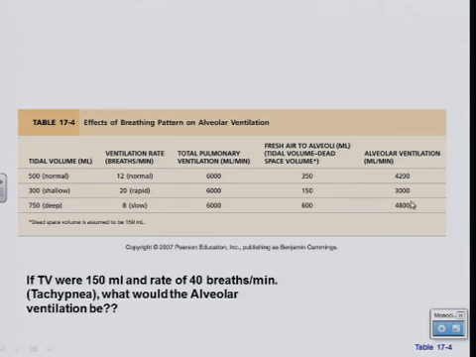So we can really alter this. And remember, this is a possible ventilatory pattern that you could do sitting right there. You could do this pattern, but you wouldn't be able to do it for long because you would have no alveolar ventilation, and your CO2 would climb very high, and your oxygen levels would decrease.